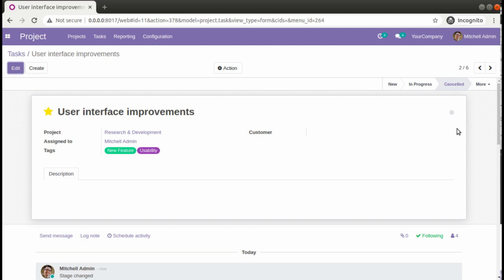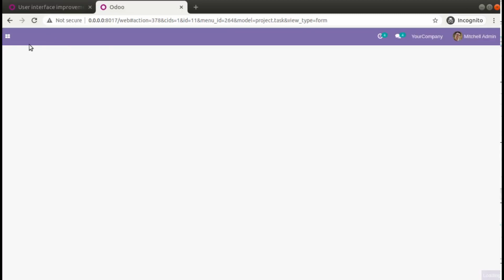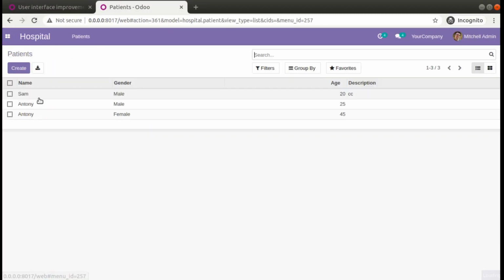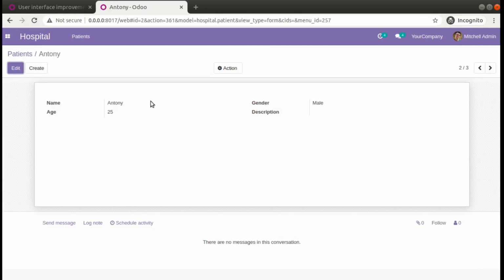So let's see how we can add such a status bar inside our hospital module. What I'll be doing is duplicating this tab, and if I go to the hospital, here we have defined the tree view and form view for the patients. I'll be adding a status bar inside the patient's form view.